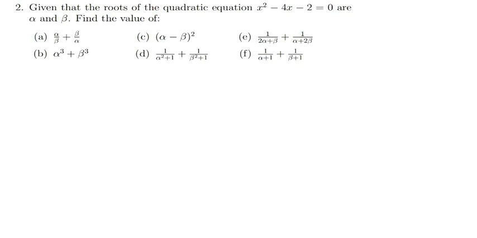Let us now go ahead and talk about alpha and beta. These ones we call roots of the quadratic equation. So I have this question, which is saying: given that the roots of the quadratic equation x squared minus 4x minus 2 is equal to 0 are alpha and beta, find the values of